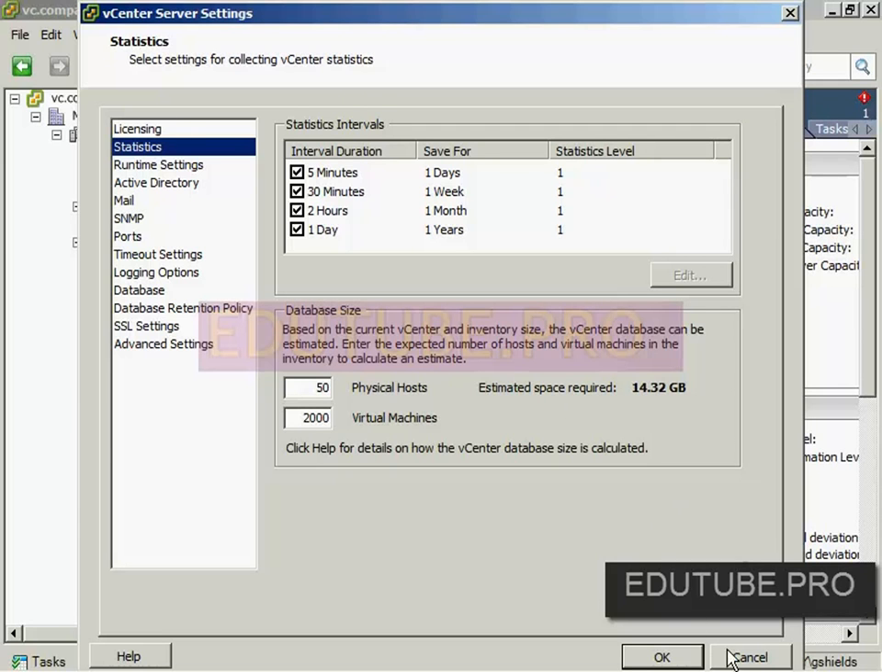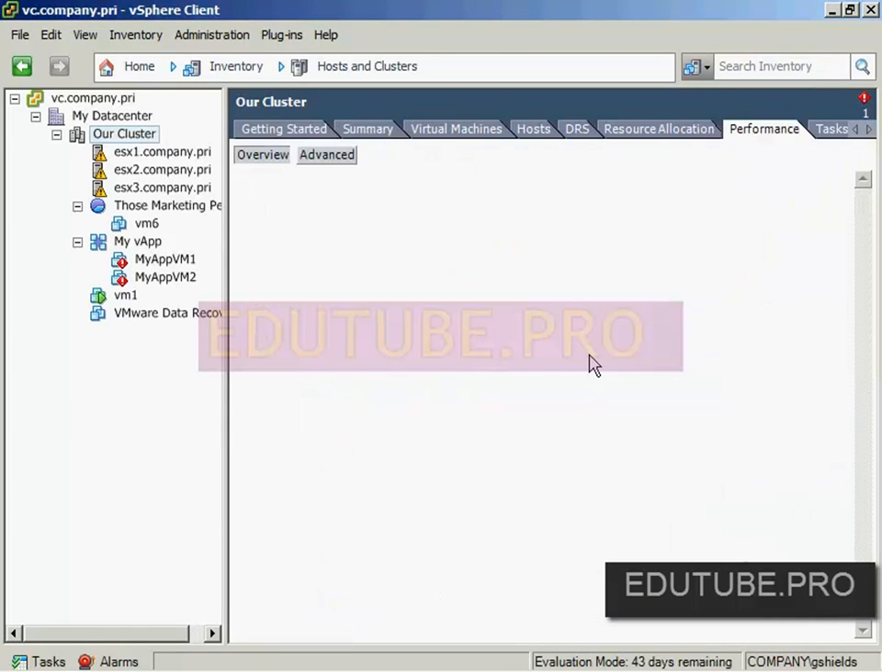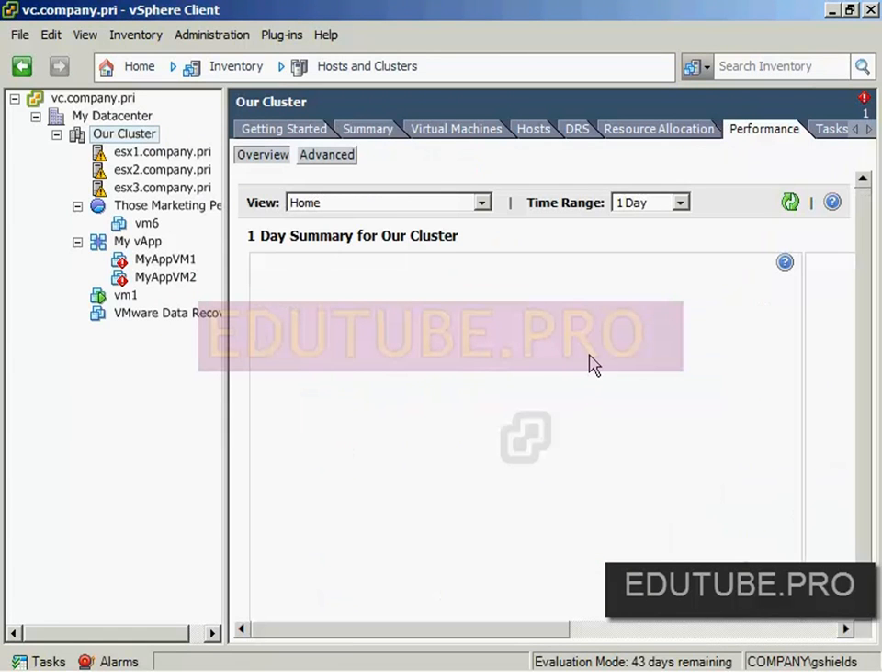Okay, it's probably better if instead of explaining this from this location, we actually go to our cluster and take a look at performance on our cluster. So this is the performance tab. This tab will eventually, as it gathers the one-day summary, give you an idea of what some of the